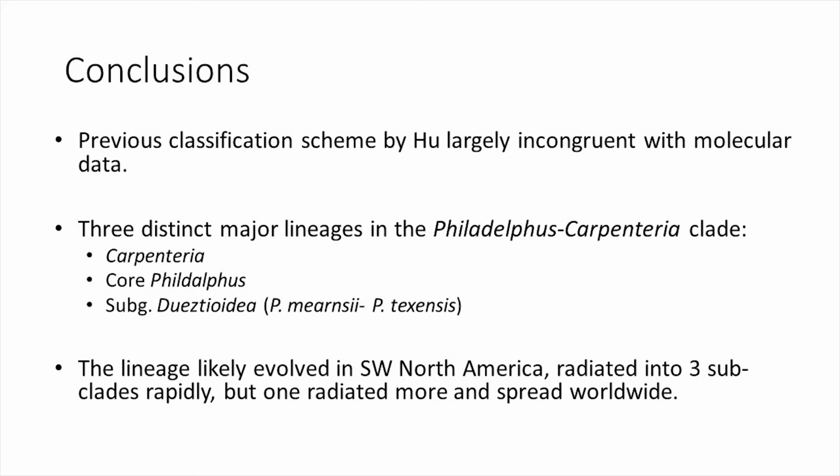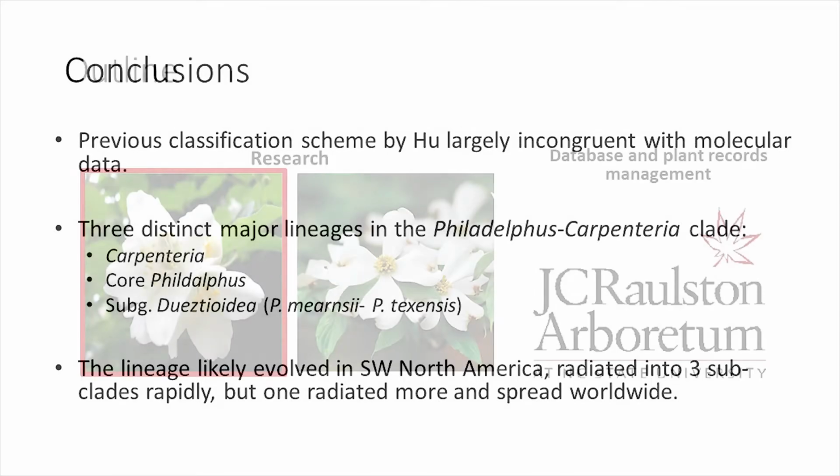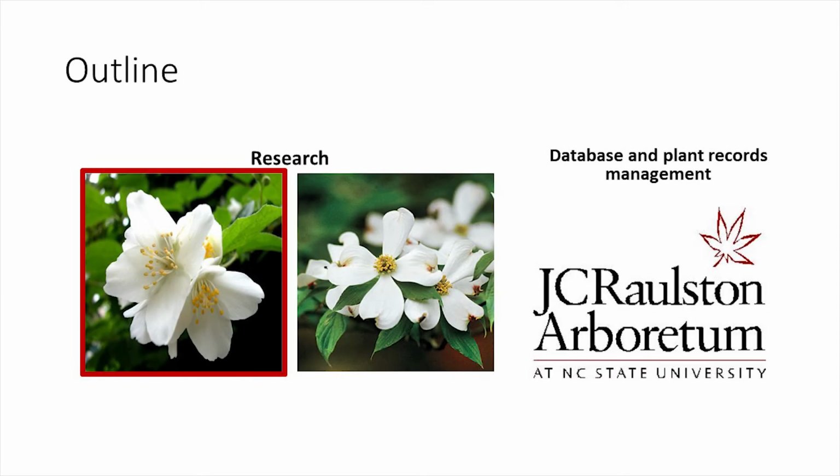We believe that these 3 lineages likely evolved and speciated in the American Southwest. And as it got colder and things became isolated, you saw more radiation. And as lineages traveled across the land bridge, there was more room to diversify, and that's why you see most of the diversity of Philadelphus that we do today. So there's a lot going on there.